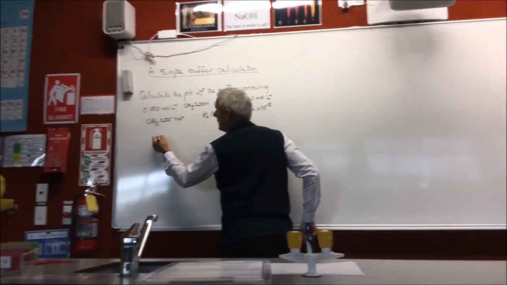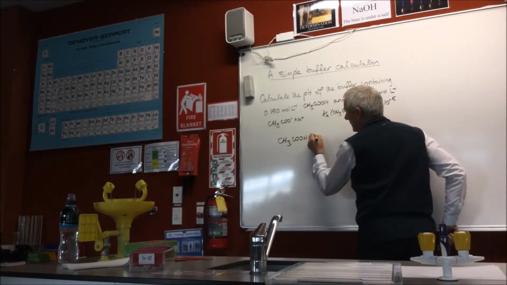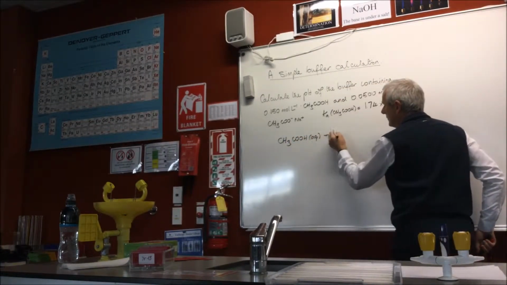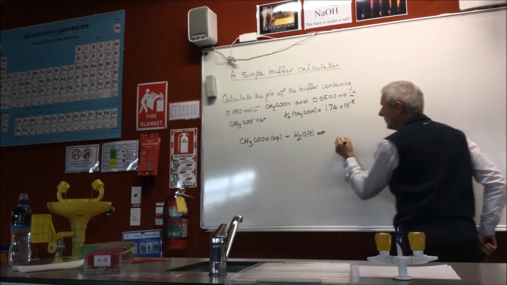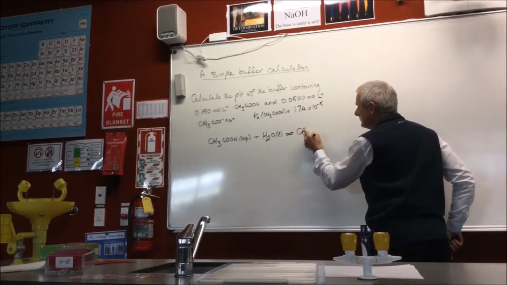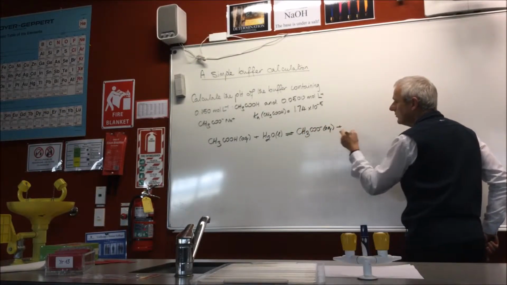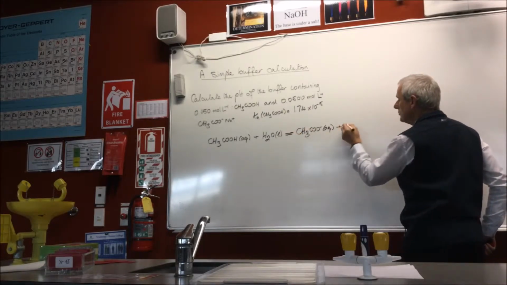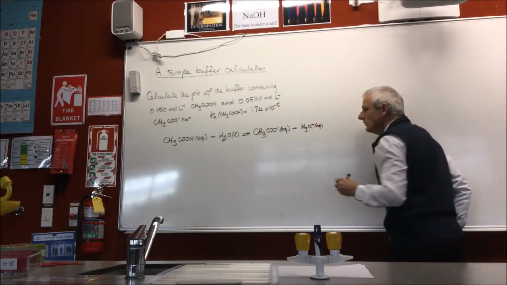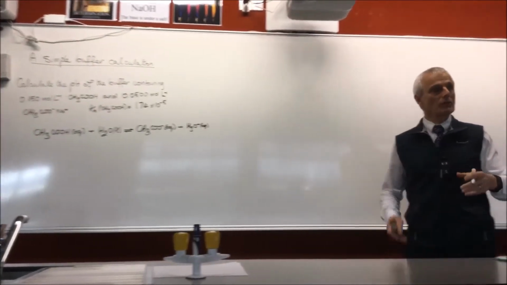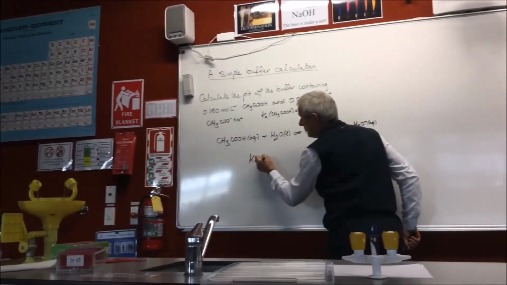Okay? So, the equation for the dissociation of ethanoic acid is very simple now, hopefully. People shouldn't be struggling with this anymore. And the equation relates the weak acid to its conjugate base, and that's what we need if we're going to do any calculations involving a buffer where we've got both of those. So if we write out the expression for Ka,